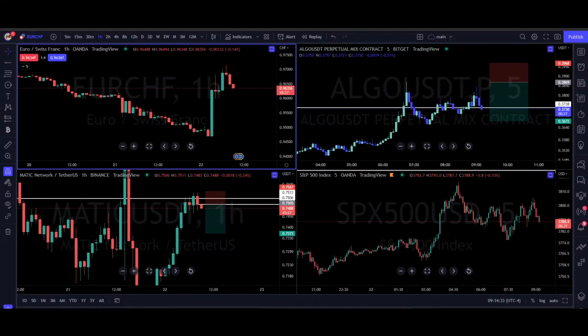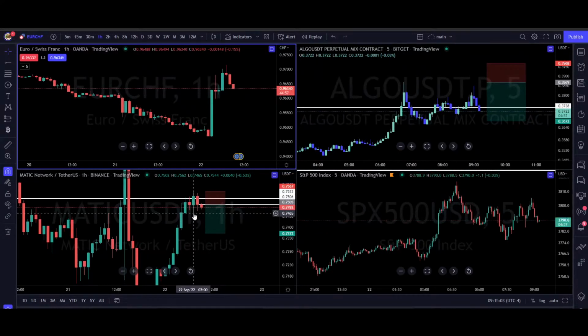Judas Priest. I almost entered that Matic trade at 20x. Glad I caught myself. Don't wait for at least a little bit. You'll hear me say that there's no such thing as a confirmation in trading, because you can't see into the future. Therefore, nothing that occurs on the chart can be a confirmation. But we will use the word to describe a potential setup. Like, we want to see that low taken out. That does not mean it's a confirmation that the trade will work. It's just what I need to see in order to then take the entry.